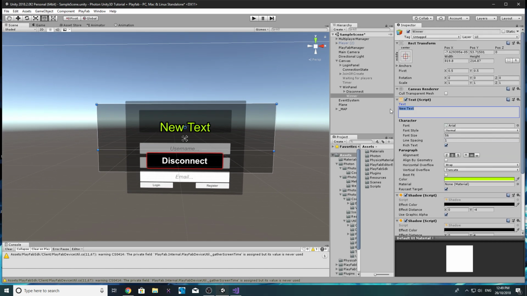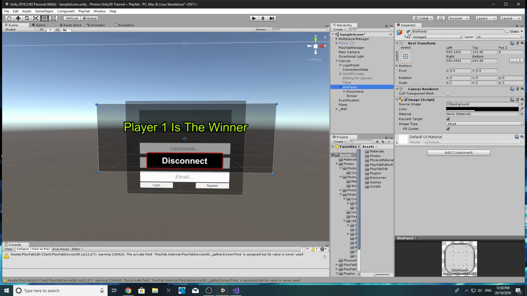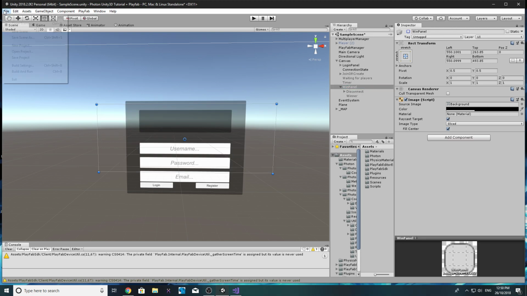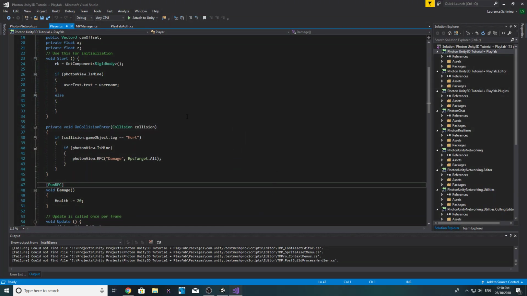And then the text will say something like player 1 is the winner. So that'll be our little UI for the end screen. So let's go ahead and disable that because we don't want it enabled until the player does win. So